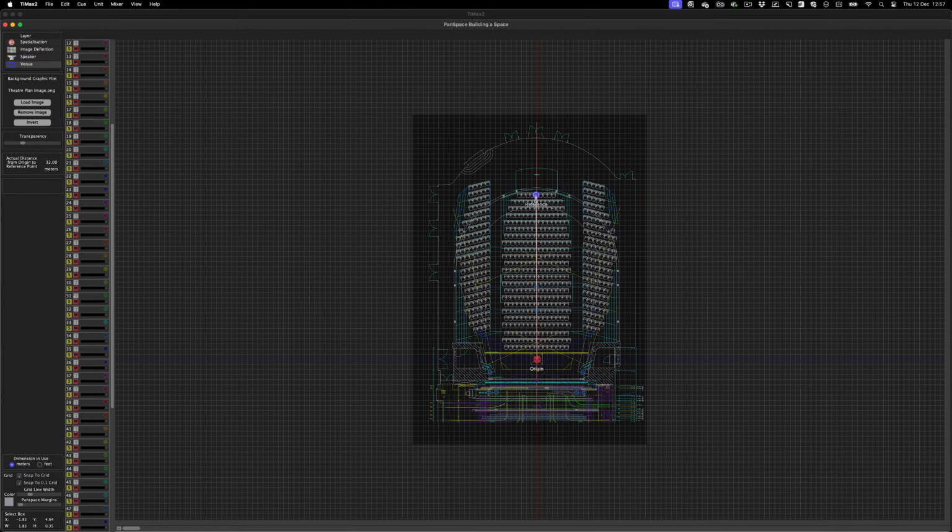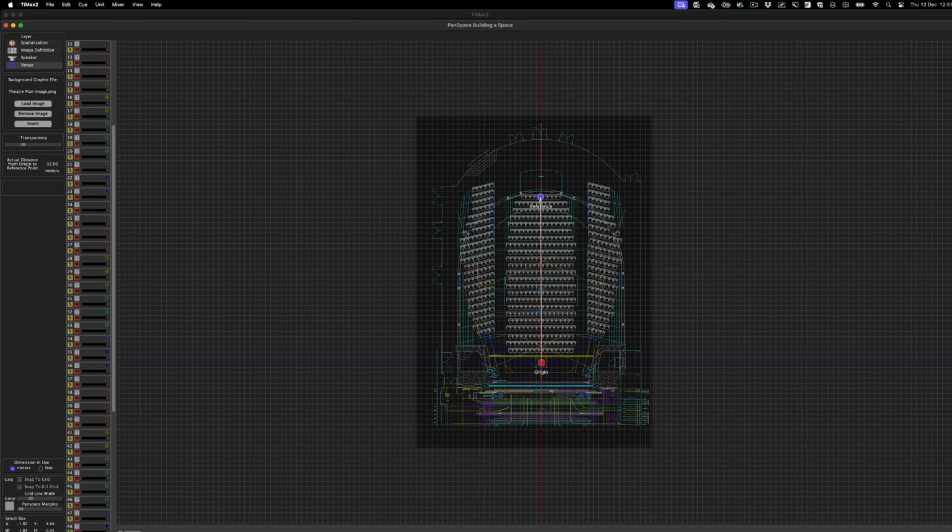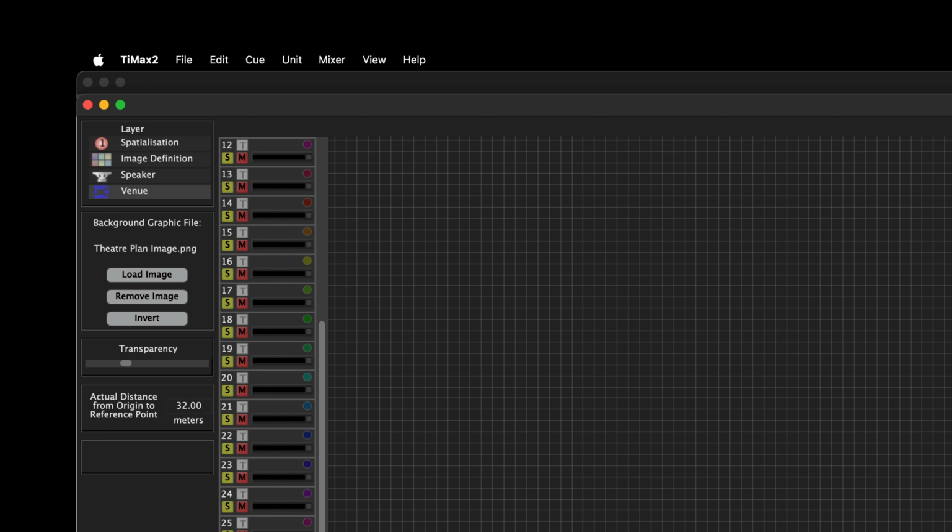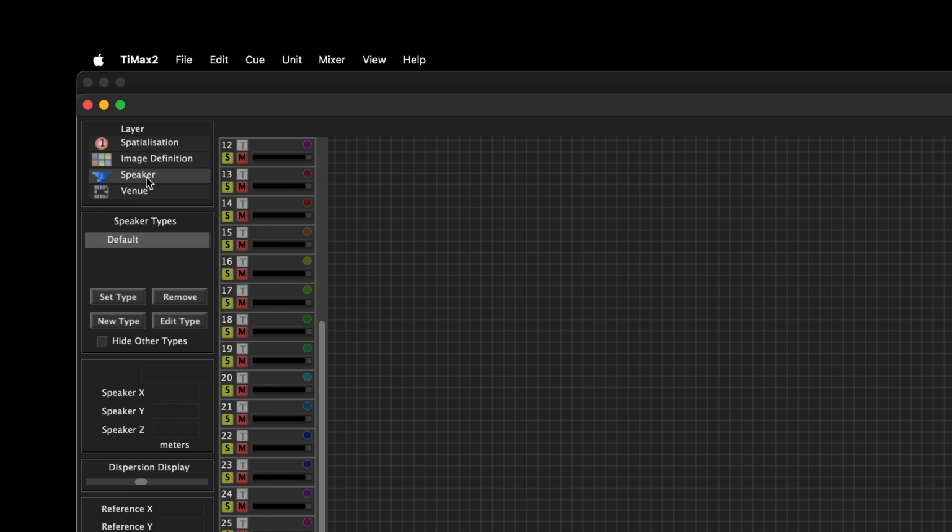With our background image placed, and TiMax aware of the scale of our venue, it's time to start placing loudspeakers. To do this, let's navigate to the speaker layer using the Layer Selection tool. Now we're viewing the speaker layer, we're presented with a list of speaker types. As this is a new file, the list is currently only populated with the default type,